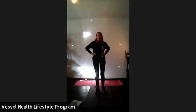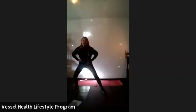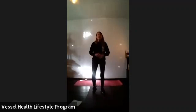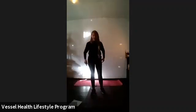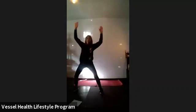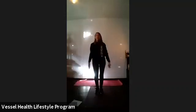Our first move was our side lunge. We went down, squatted, and brought that foot back. And we did that for a count of 10. We're gonna do that same move, only this time, let's add our arms and bring it back. So we got a little bit more motion in there. And we're getting close on time, so let's do this for a count of 8. This will still get our heart rate going. And we'll do 8 on each side. 1, bring it back. 2,